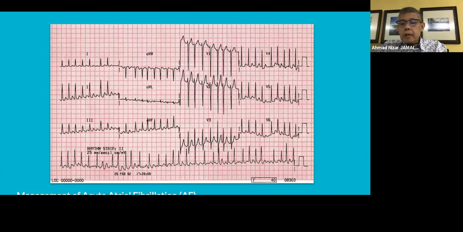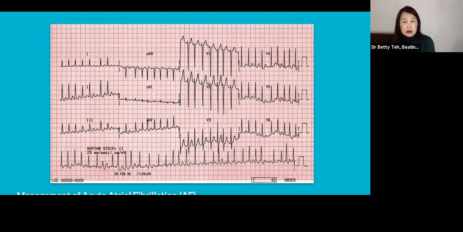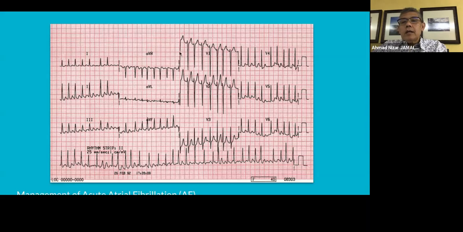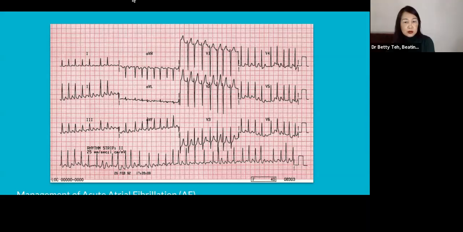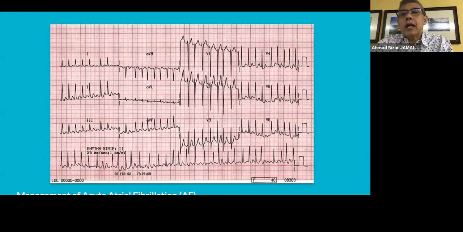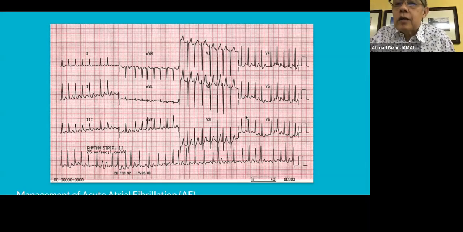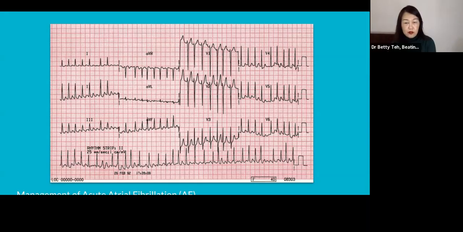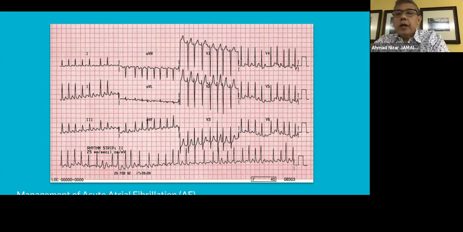So now the big difference between SVT and atrial fibrillation is actually the irregularity of the RR interval as well as the undulating baseline where you cannot discern any P waves. So this is a typical case of a rapid atrial fibrillation. Okay. Now, in people with acute AF, next slide,